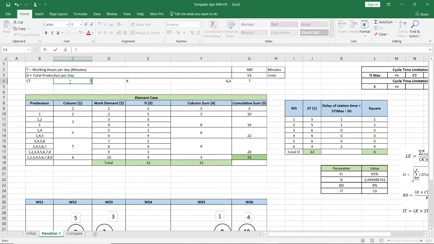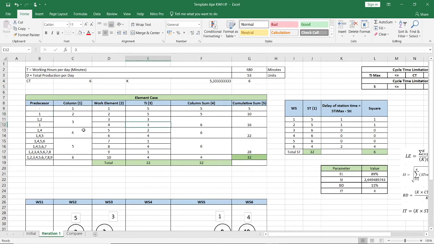If I change the cycle time to 7, it will change to 5 workstations. So we must group the work elements into 5 workstations. But in here, I will show you using 6 minutes for the cycle time, and the class or the total workstations should be changed to 6.